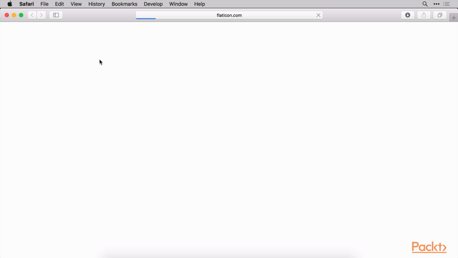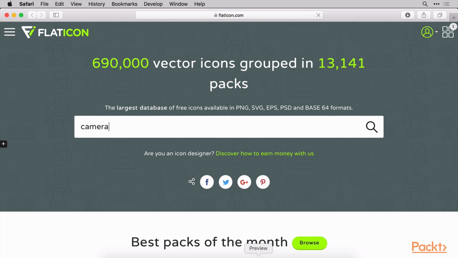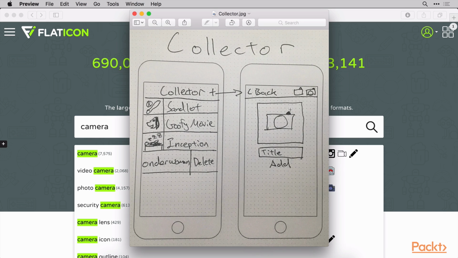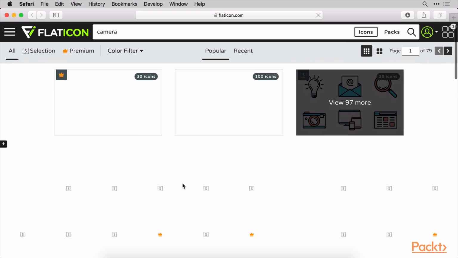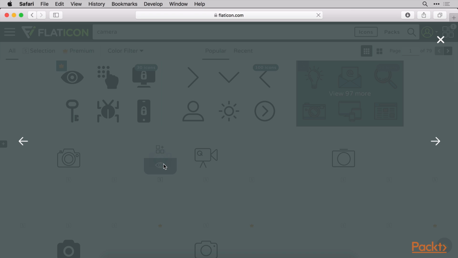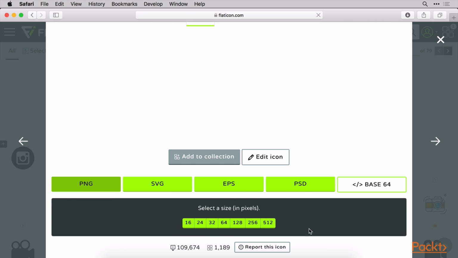flaticon.com. Remember, again, with these images, you need to provide attribution unless you have a paid version. So let's go ahead and just search for camera. I think just like we have on our sketch here, if we have some sort of little camera or something like that, specifying that we need to add a photo there, that's going to help us. So let's go ahead and see what sort of results we have here. This is a pretty good looking camera. So we'll go ahead and view this in a little bit bigger detail and see if this will be good for our app. So let's download this as a PNG